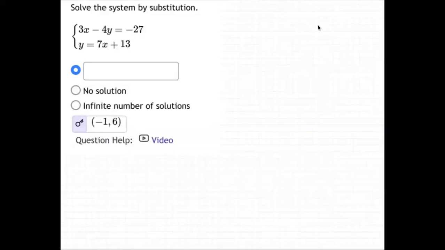Welcome to an example in which we are solving a system by substitution. Notice it says up here, and there's the system. This is two equations and two letters. You can see the answer is already down here. How'd they get that? Well, basically, step one,